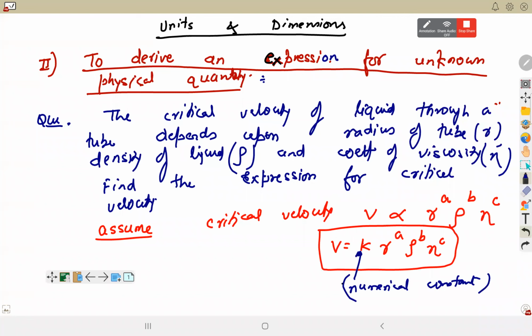We assume an expression for that unknown quantity, and by assuming that expression, now we can write the dimension on both the sides. Using the homogeneity principle, left hand side and right hand side, both dimensions must be equal. So dimension of velocity